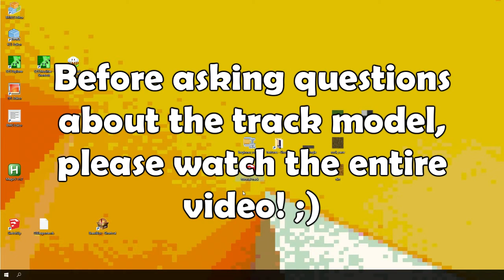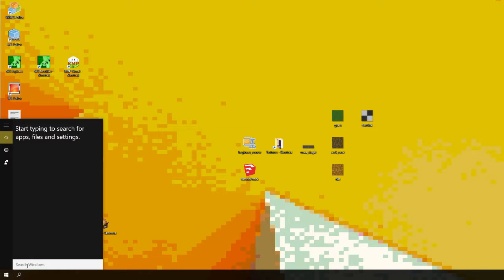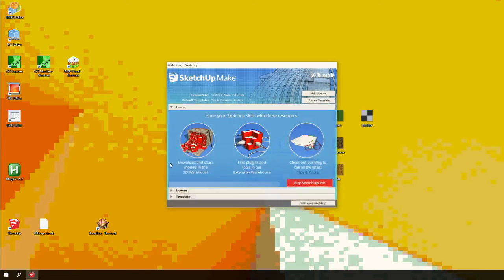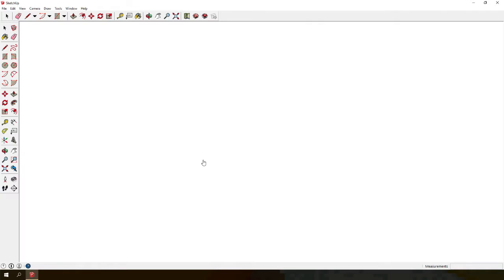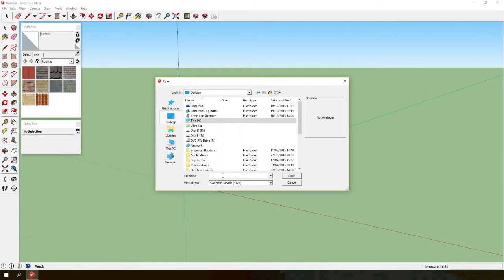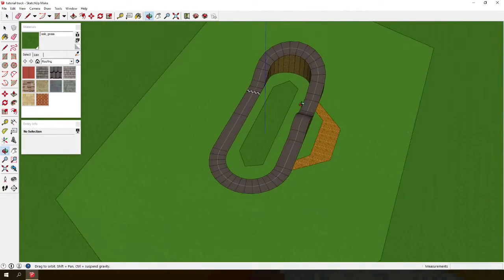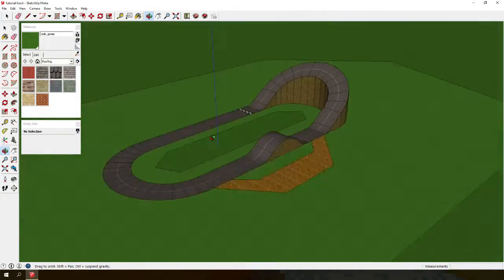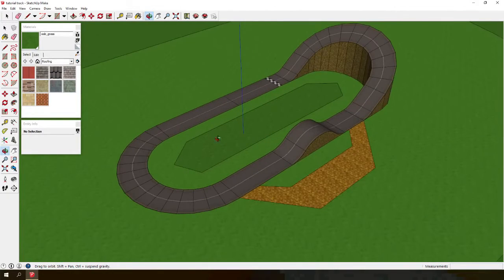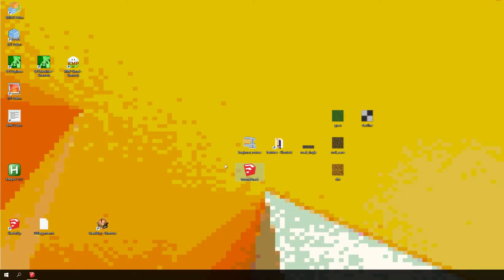In the first one we made a track. Oh yeah, I have two versions of SketchUp, 8 and 2015, so let me open it up here. There we go. Okay, there's the track we made, and if you already know how to make a track in Sketch, you could have skipped this one. So we're gonna make this track into an actual playable track, so you can play it